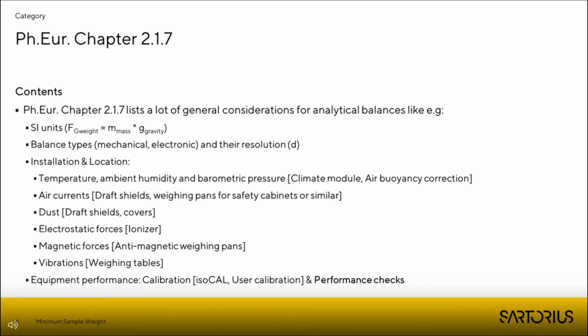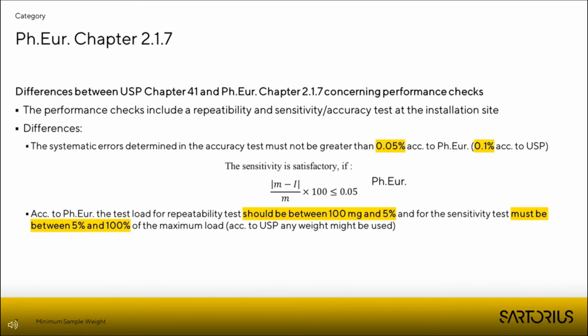In addition to these general considerations, Chapter 2.1.7 also deals with the equipment performance, in detail about calibrations and performance checks. Regarding the performance checks, there are some differences between the European Pharmacopeia Chapter 2.1.7 and the USP Chapter 41. On the next slides, I'm going to talk about the similarities and differences between the two chapters. The performance checks include a repeatability and accuracy test at the installation site, but there are some differences between the